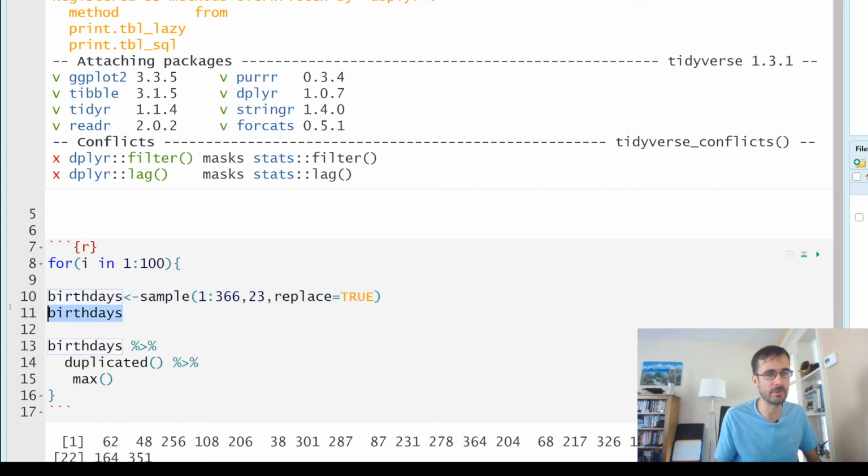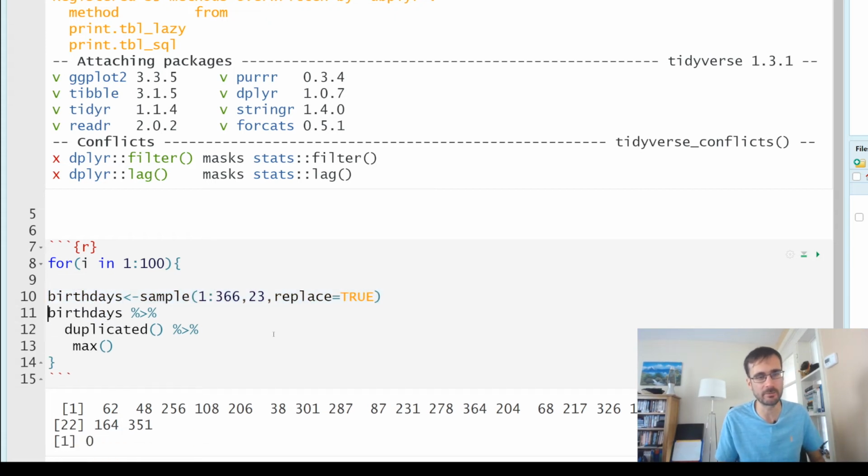I think I can get rid of that line there of showing the birthdays if I'm doing this 100 times. But otherwise, I can keep my code exactly as it was now without changing anything. So it's always good to write the code for one iteration before you try and loop it hundreds or thousands of times. Make sure it's working once and you're confident it's working once before you do it a whole bunch